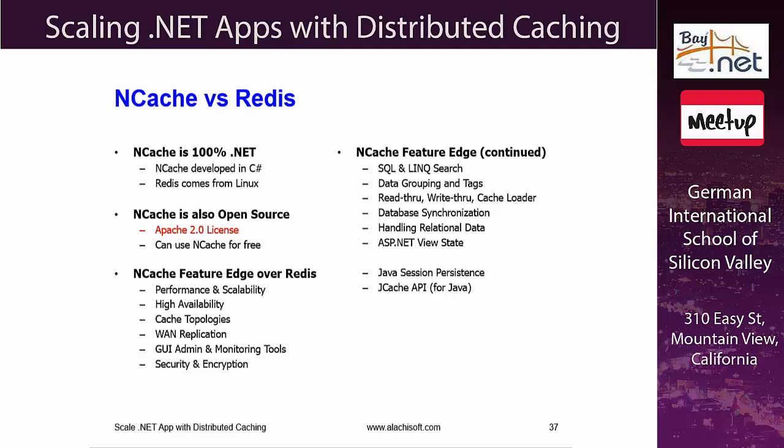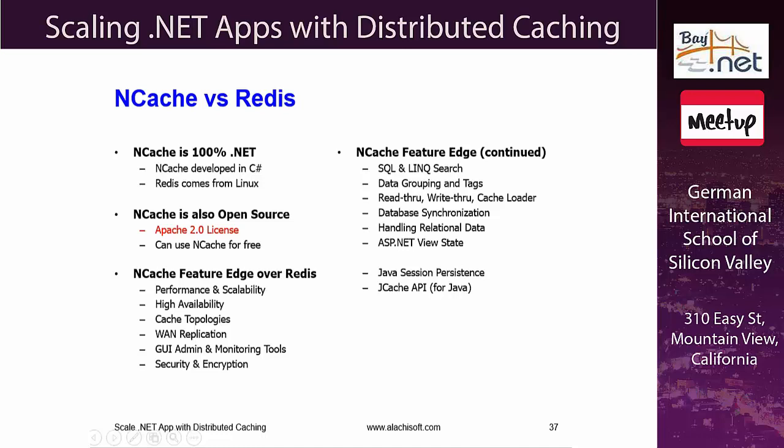The only limitation is that there are a lot of features that NCache has that Redis doesn't. So if those features are important to you, then go with NCache. Even the open source version of NCache has more features than Redis. NCache is purely .NET. Redis is not. It's Linux and C++ based. NCache is also open source. So if the only attraction you have to go with Redis is that it's open source, no need, go with NCache. Of course, I would want you to go with NCache, but in terms of the features, there are a lot of features that NCache has that Redis doesn't,